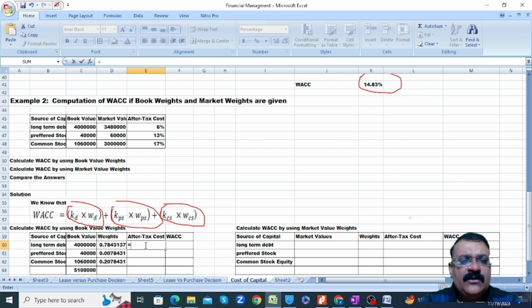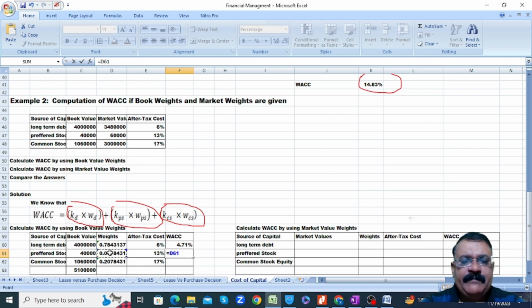After tax cost is already given: 6%, then 13%, then 17%. Now WACC is equal to weights multiplied by costs: this value multiplied by after tax cost, then the second value multiplied by cost of preferred stock,